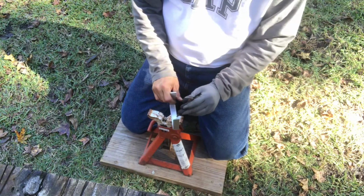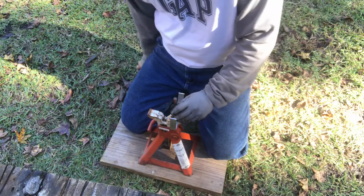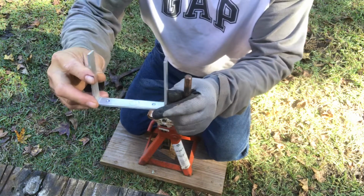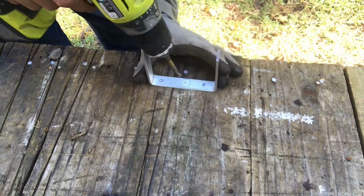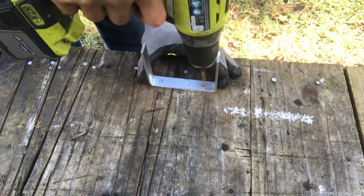Okay, same as here. There you go. Alright, now I have a mark for all of those. I will start drilling. Alright, so I will drill these two holes for the bolts first. Since I already marked it,